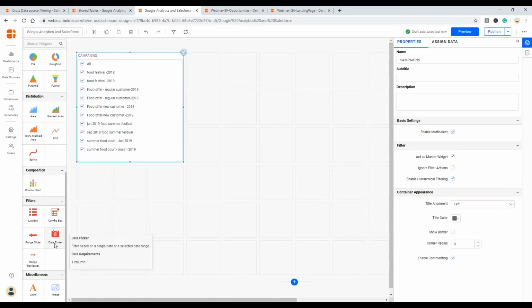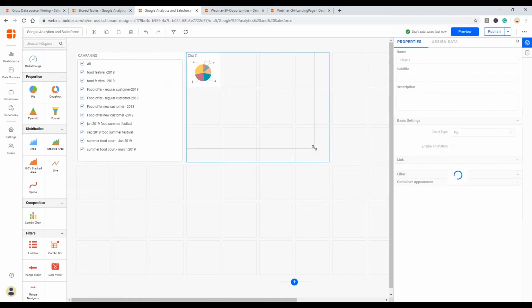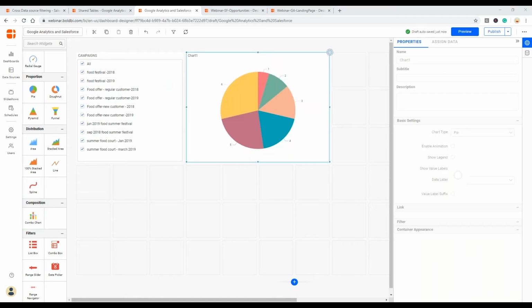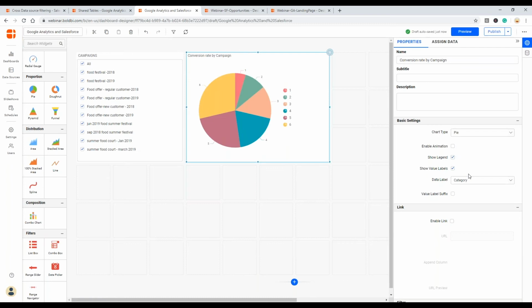Coming to the next, again, I'm going to use a pie chart. And with this pie chart, I'm going to find out what each campaign has delivered. And as I'm going to showcase my percentage, let me just select all these values.